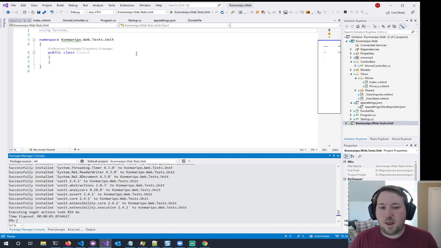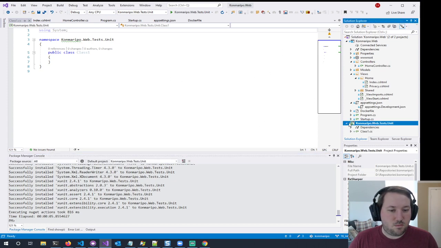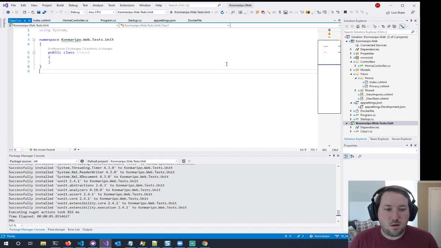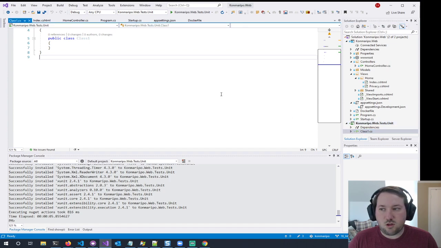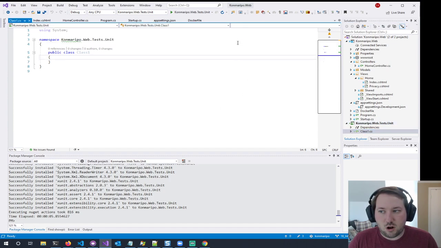Okay, so now xunit is installed. Great. All right. Now, just to give you a quick introduction to writing an automated test and some of the aspects of xunit,